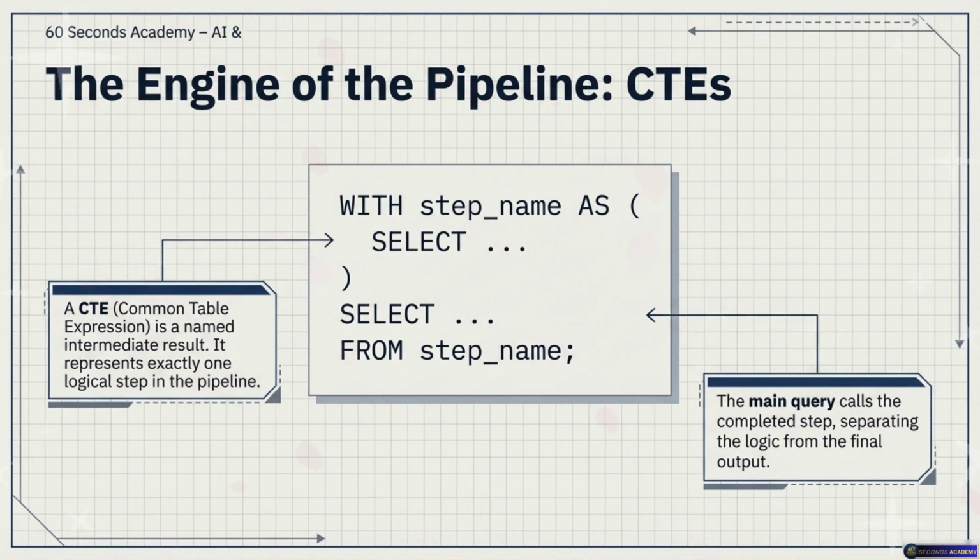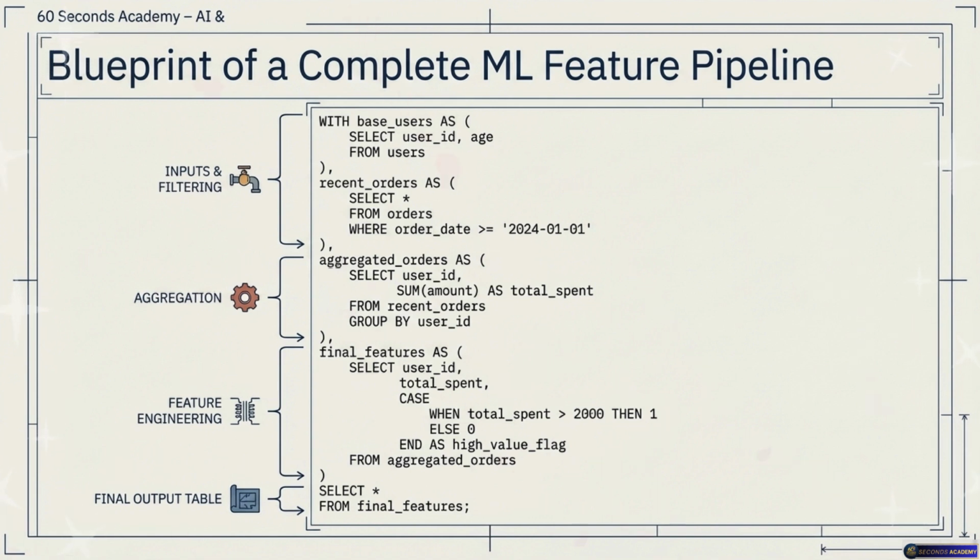Exactly. And the absolute golden rule here, and you have to remember this, is that each CTE represents exactly one logical step in your pipeline. Just one. Just one. If we visualize the flow, it moves sequentially from top to bottom. You start with your raw data at the top. That flows down into step one, which might just be a filter to remove deleted accounts. Okay, so just filtering. Right. Then that flows down into step two, which is an aggregate to calculate total purchases. Then down to step three, maybe a transform. And finally, it all drops down into your final output.